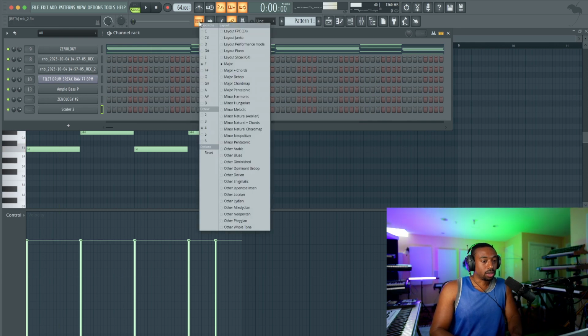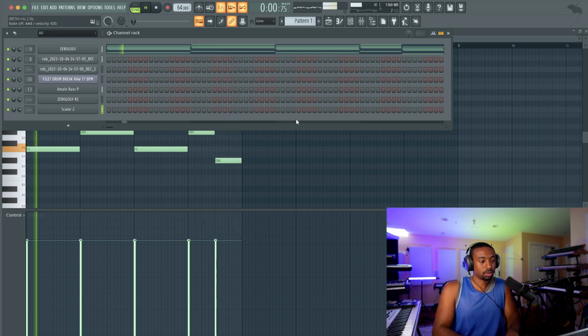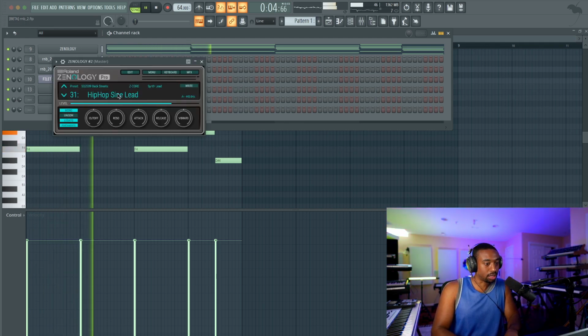Okay, so what we're going to do is right click on C, go to minor, natural, or you could do minor pentatonic, or you could do blues. So you can try all those. Now just pick out your lead sound.